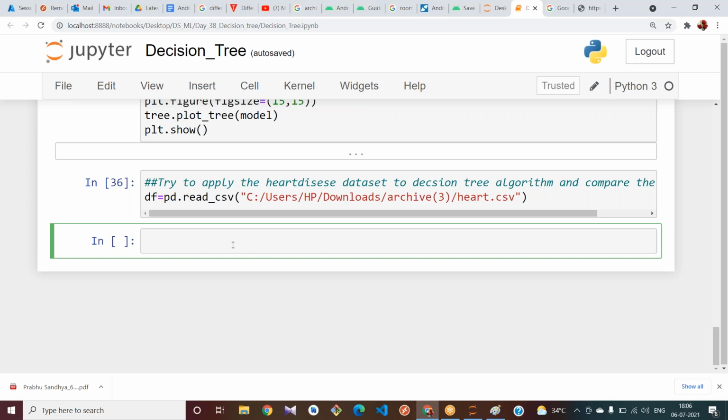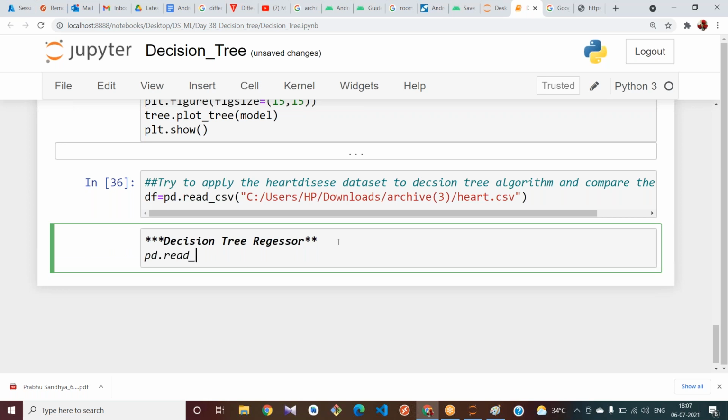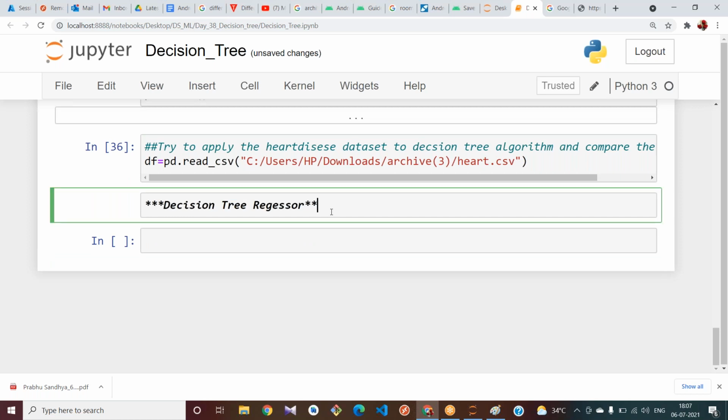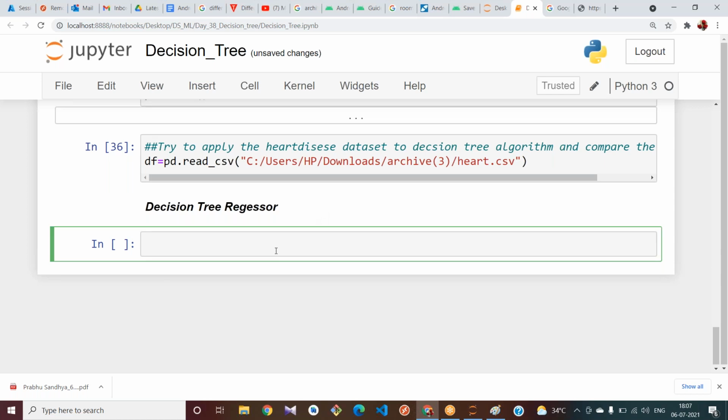What we are trying to do is the decision tree regressor. Try to load your dataset with pd.read_csv and paste the link here.